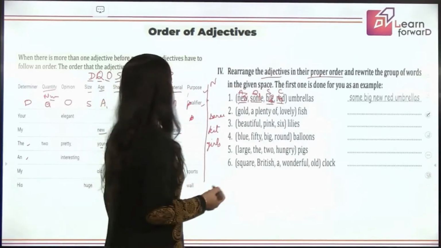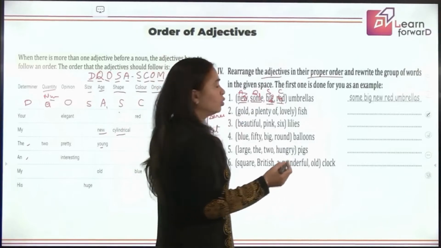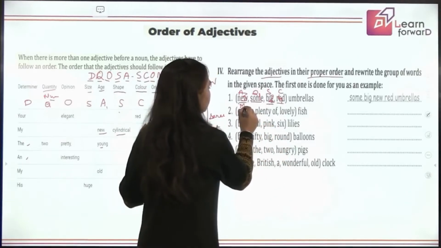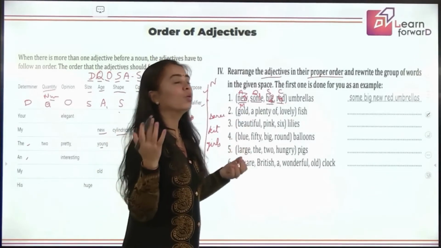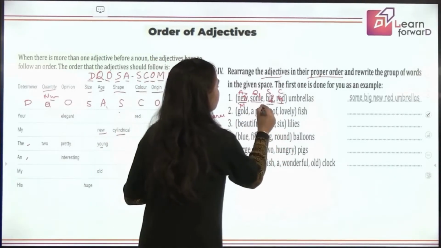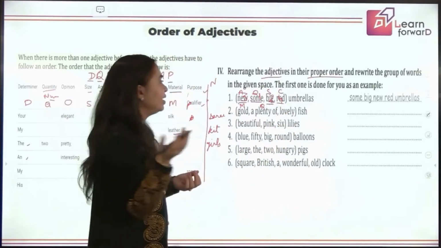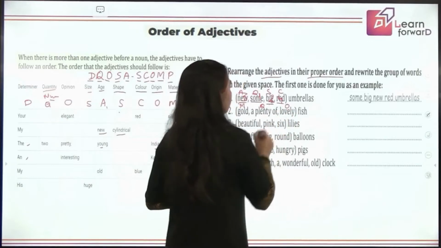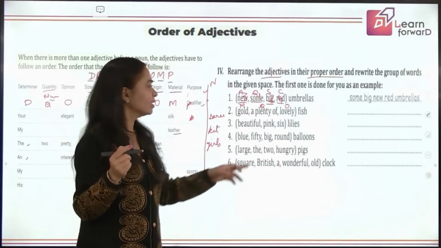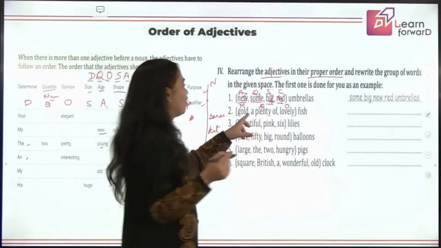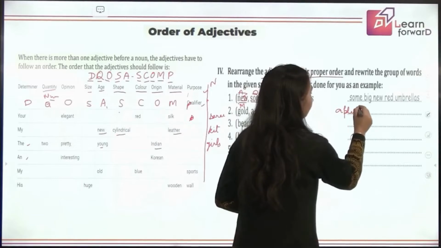Let's do one more. You have gold. What does gold show? Gold shows material. Then a plenty of, that shows you quantity. So this is Q. Lovely shows you that is your opinion. So this is O. Now, what will come first? A plenty of. Q is coming first. So I will say a plenty of